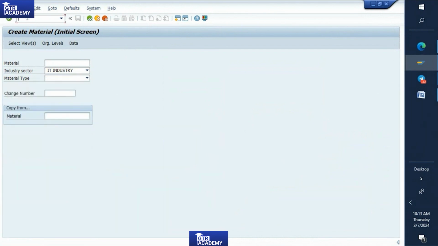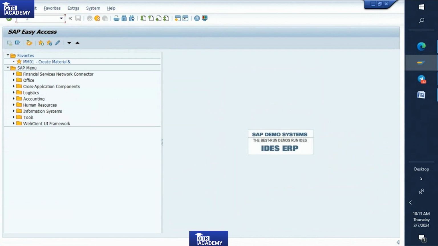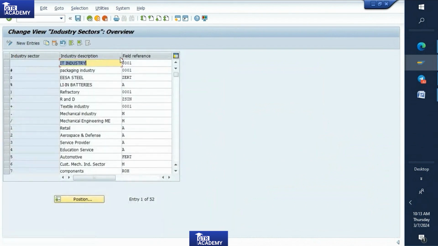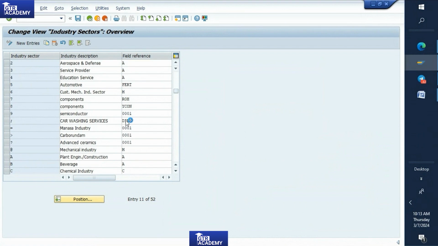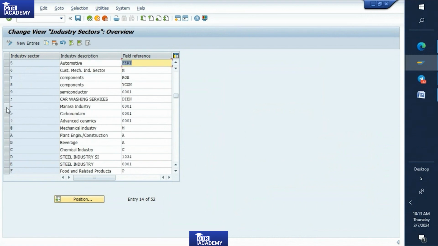For the industry sector, what is the T code? OMST, right? Yes. Here you can see the field reference. Here you have to mention your particular field reference and you have to save. For example, we have created one Mansa industry that day. For this industry sector,